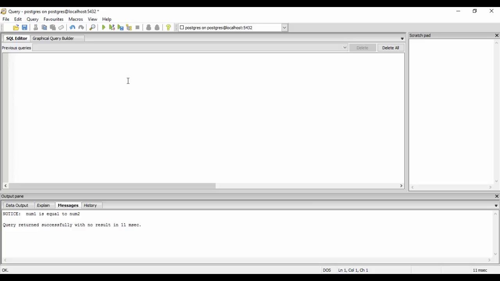We'll start off with declare: num1 is an integer, so for example we take the number as 20, and num2 is again an integer equal to 40. We'll check if num1 is greater than num2, less than num2, or both of them are equal. So we'll do a begin, and if num1 is greater than num2, then we'll raise